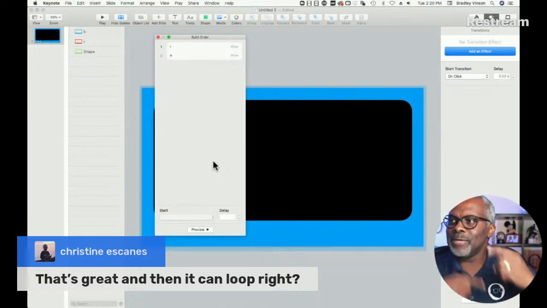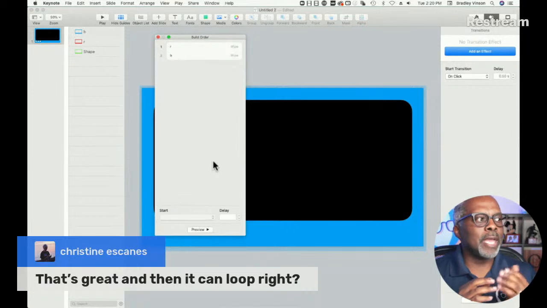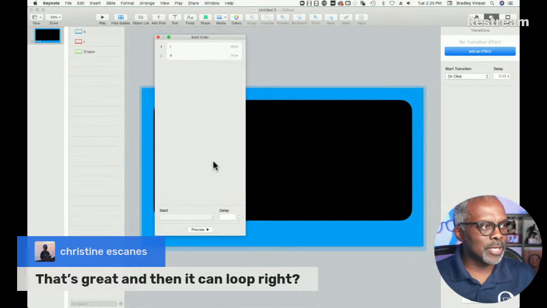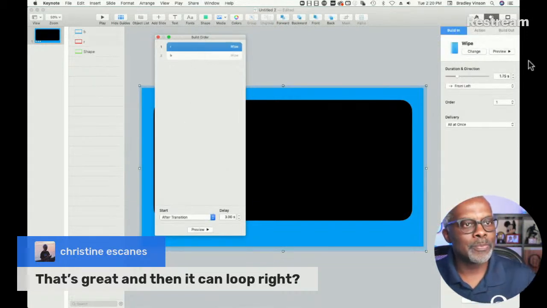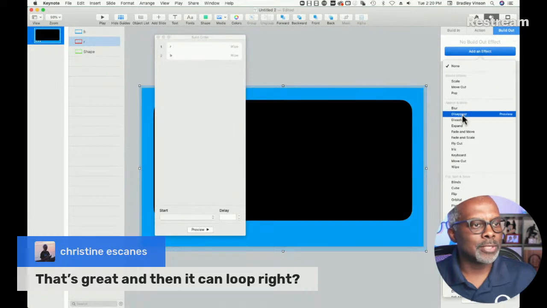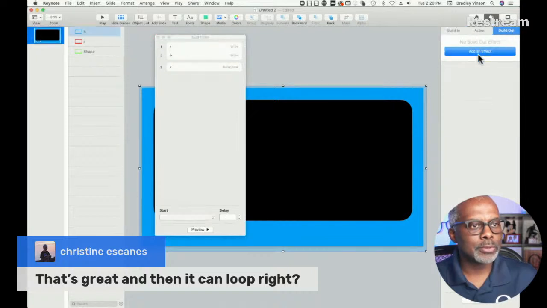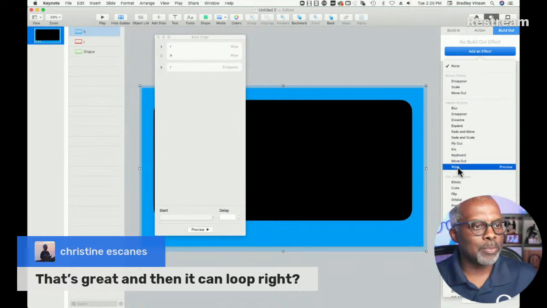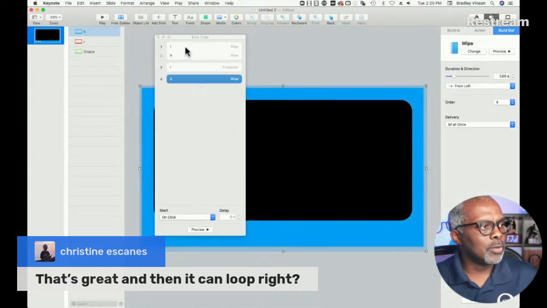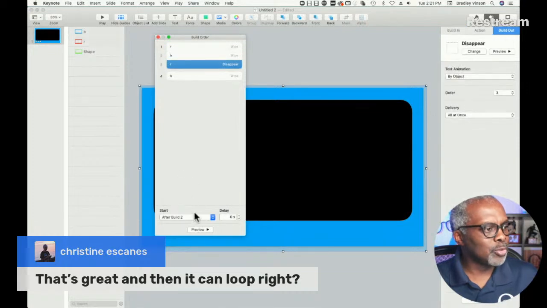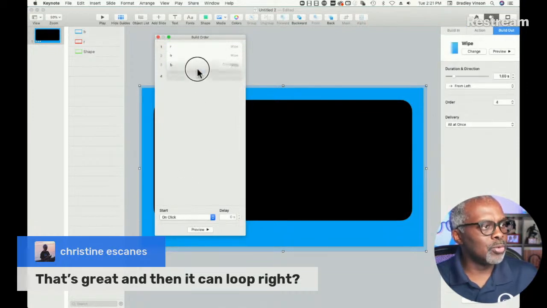But now you want it to have a seamless loop. So what you have to do now is make the red one disappear and then make the blue one wipe out to see the green again, right? So red wiped in, blue wipes in. Now we need to have red disappear. So we go to red, we can just click it in the list here, go to build out, add an effect, disappear, right? And then we're going to click on the blue one. We're going to go to build out, add an effect, wipe, right? So red builds in, blue builds in, red disappears after blue builds in, then blue wipes itself out